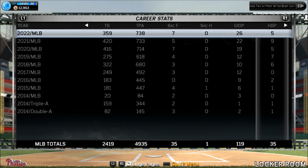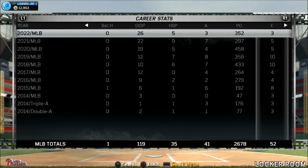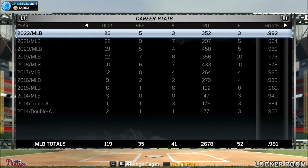Punted right at the first baseman, and that's an easy play. Oh, he missed him. How in the world did that happen? That is